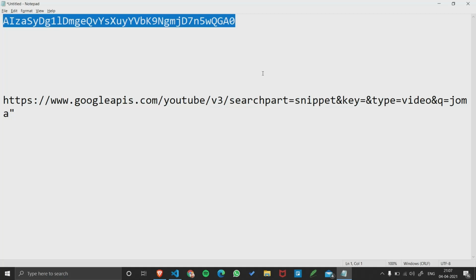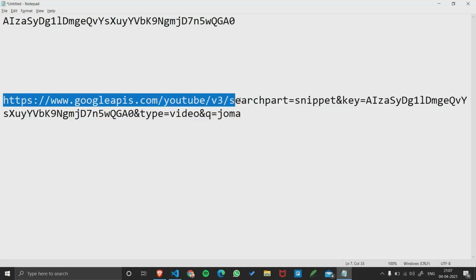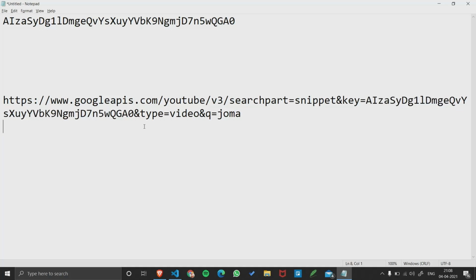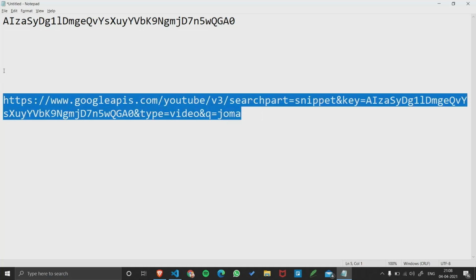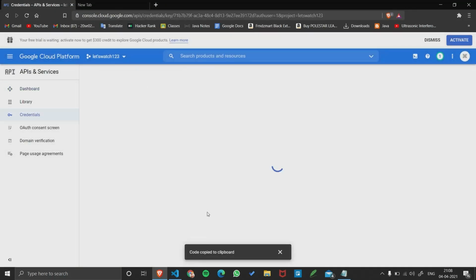Whenever we want data of a video, we have to make an HTTP request, and with the help of the API key we will get the details of the video. Q is for searching. Let me search and explain to you. Let me paste the key and save it.